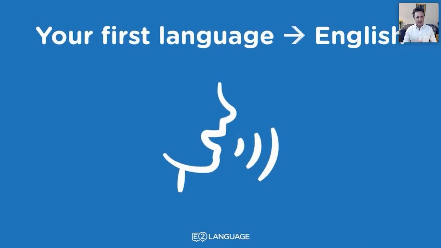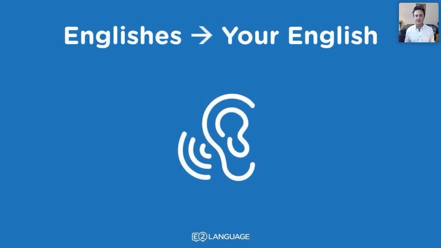So let's think about being understood, okay? So obviously you have your first language if you're a non-native English speaker, and you'll be speaking in English. And when that happens, there's a phenomenon in linguistics called first language interference, which is the influence of your first language on the way that you speak. That can come through a variety of different ways. It might be through pronunciation. It can also be through grammar and vocabulary. And there's a whole lot of social stuff as well. Okay, so we're going to talk about that. We're going to talk about the effect or influence that your first language has when you're speaking English.